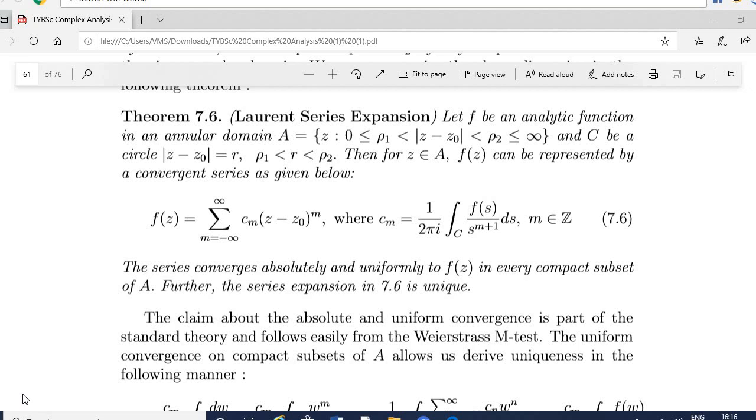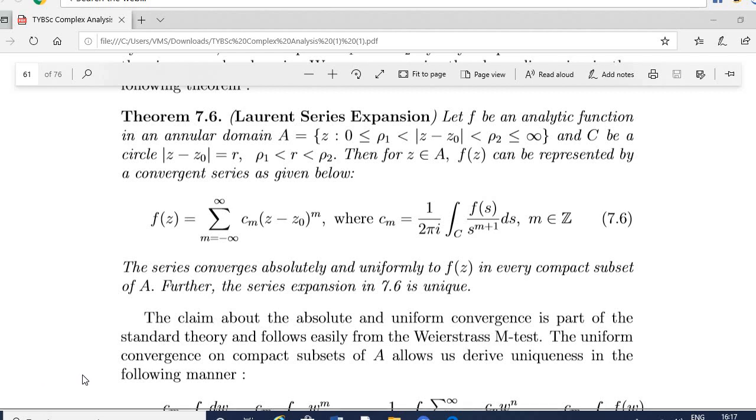When do we have a Taylor series expansion? A Taylor series expansion one can find when the function is analytic at z naught. This is around z naught. So if the function is already analytic at z naught, then these negative coefficients won't arise. You will get directly the Taylor series expansion, that is, sigma c_m (z minus z naught) to the power m, m from 0 to infinity. Because f is not analytic at z naught, typically we are considering this expansion in the annulus. Z naught is at the center and this z is in the annulus. Therefore you can see these negative powers of z minus z naught in this expansion.